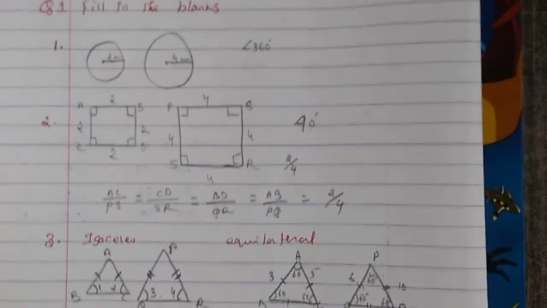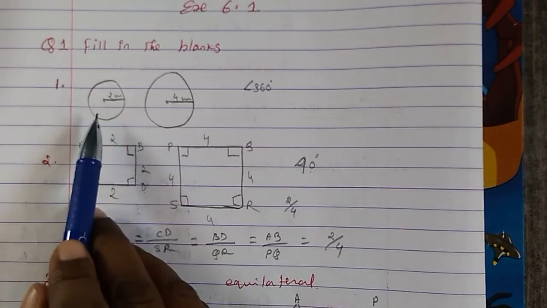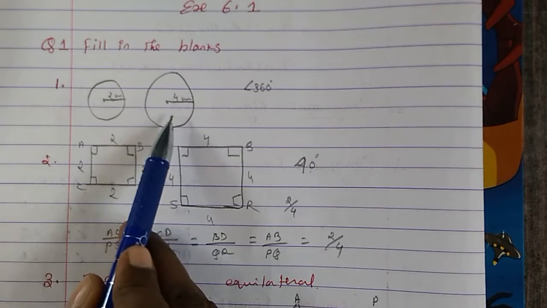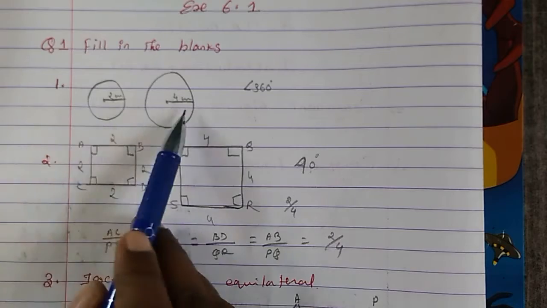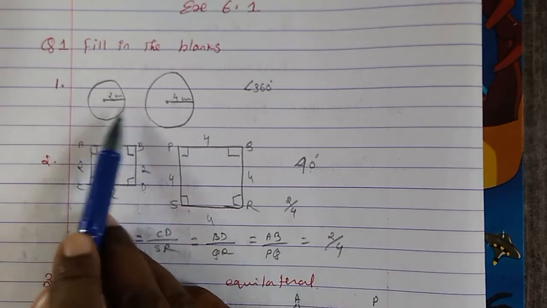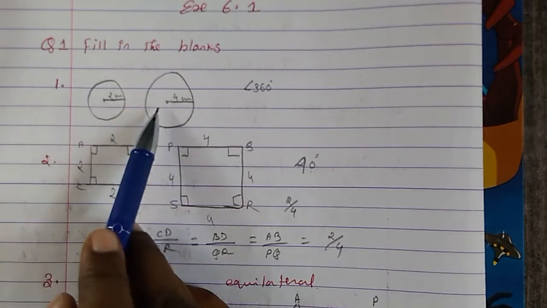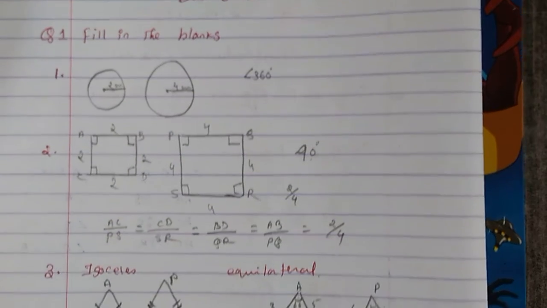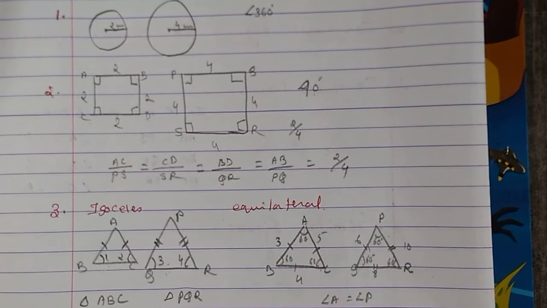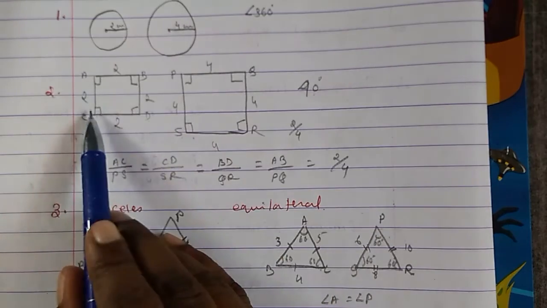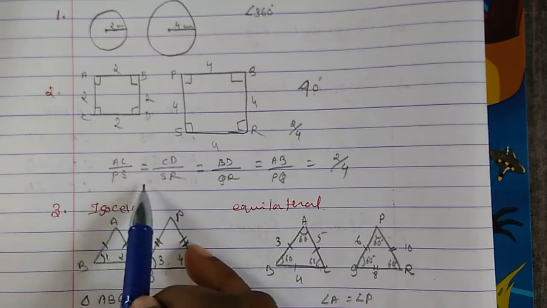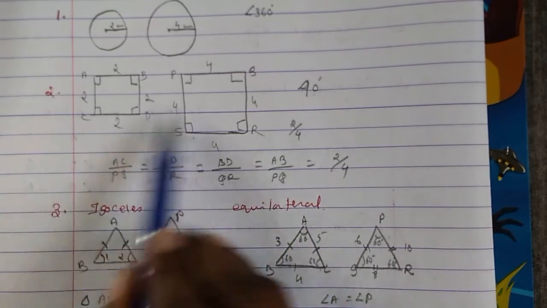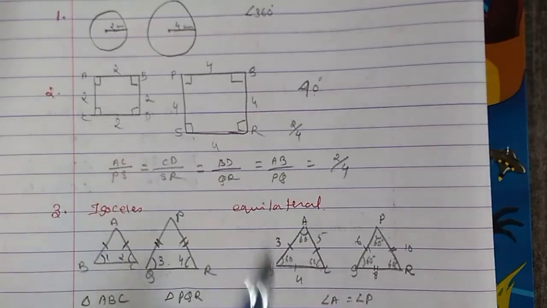You take here circles. You can take circles as similar figures, a small circle and a big circle. So similar means what? Angles have to be equal, and the ratios of sides have to be equal. The sides do not necessarily have to be equal, but the ratios have to be equal. If you take these, you see both figures have equal angles and the ratios of the sides are equal. So you can take any of these examples, you can take all circles.